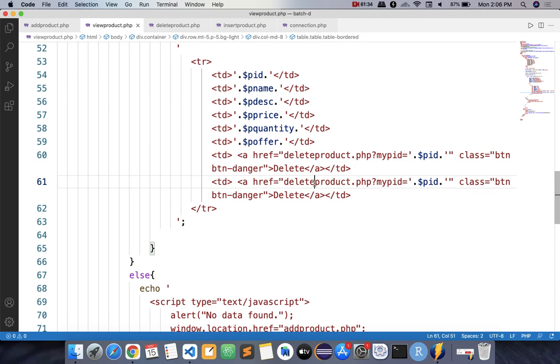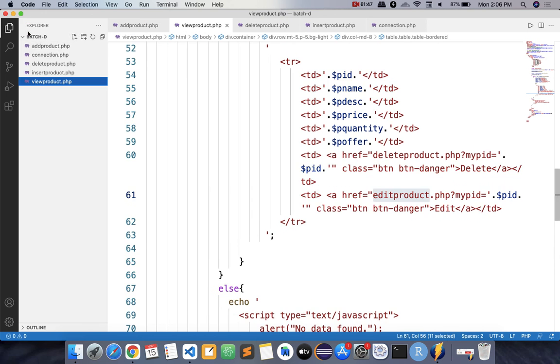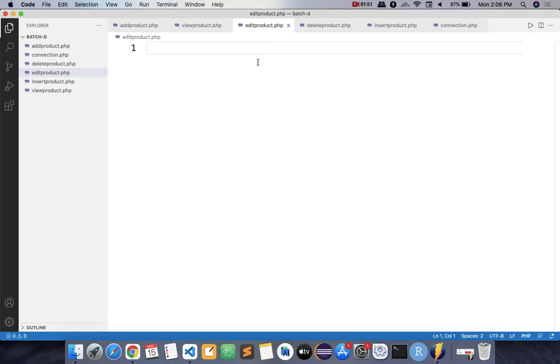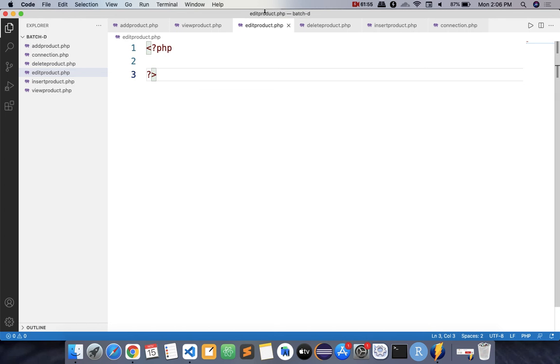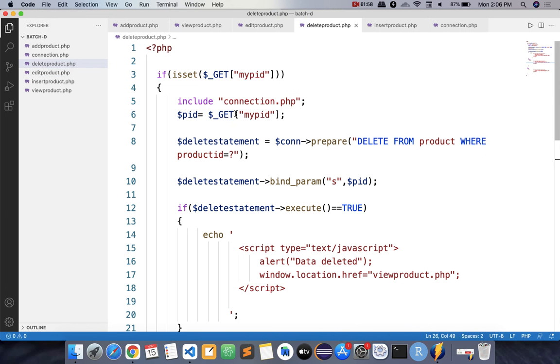Instead of delete product we'll name it edit product. Your name should be edit and PID, and again you will send that ID to that page. So you need to create this page, create a new page named edit.php. Done. And here again you will write the same code to receive that value as in the delete product.